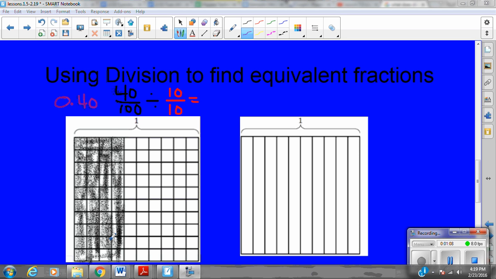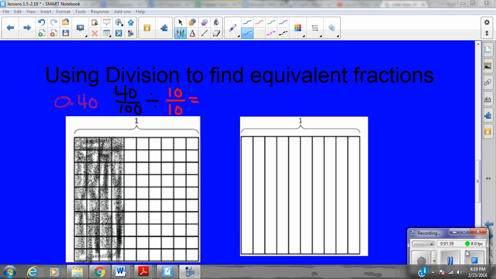Now often when you are dividing to find an equivalent decimal, then you are going to use powers of 10. So 10 tenths, 100 hundredths, and so on. Using 10 tenths, we know, is the same as 1. Why? Because if I have 10 of something and I color them all in, the whole thing is shaded, so that gives us 1. Now today we're going to divide our 40